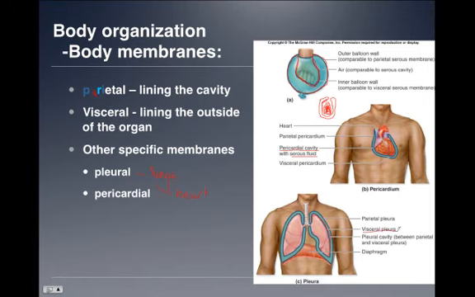Then where this membrane folds back on itself, that layer that's farther away from the lungs themselves is called the parietal pleura. So this outer layer is the parietal pleura. And then the space in between the visceral and the parietal pleura, that's filled with that watery serous fluid, is